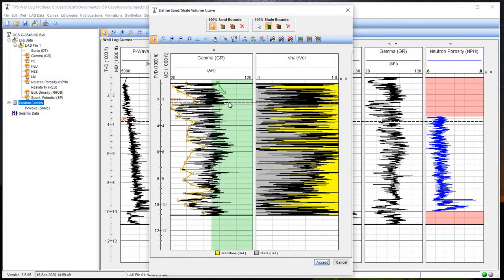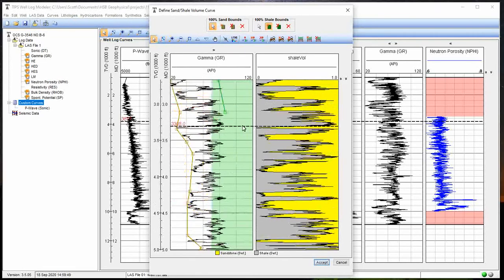Now you notice the minute I add these, my shale volume curve is displayed. Now I'm going to zoom in as we do this, just so that you can see. We're still adding shale points. This is our mode up here. But every time I click it and add a point, it's recomputed. And you can see that it's using the bounds of this curve, that this is 100% sand, 100% shale. Over here, if it's